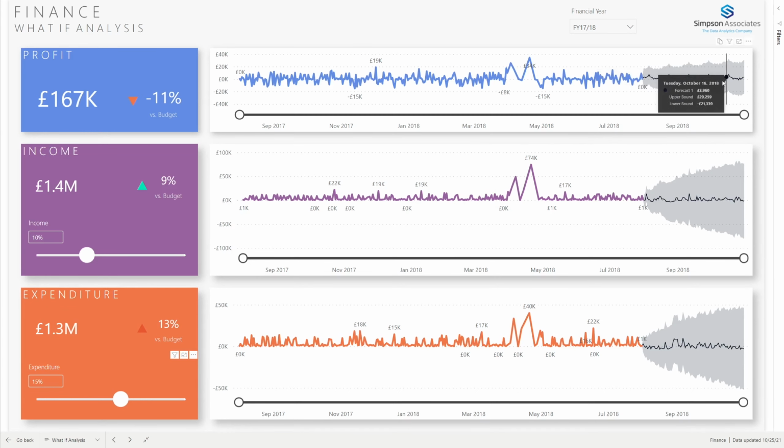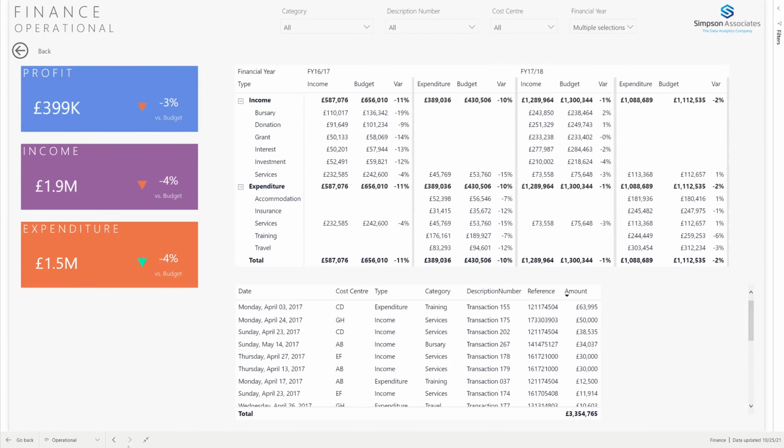And you can see it also impacts the forecast that Power BI generates. So this forecast is generated dynamically as well. And if you select different categories, if you select different multipliers for income and expenditure, our forecast responds to those changes. And on the final page, what we have